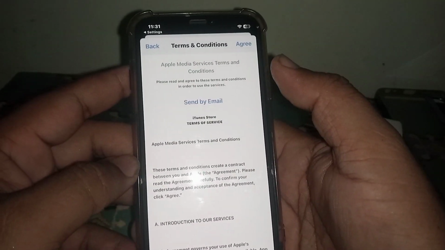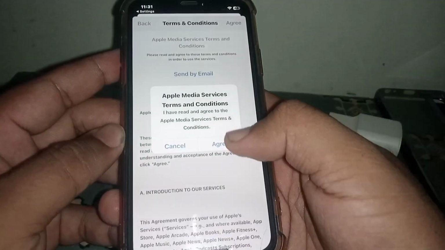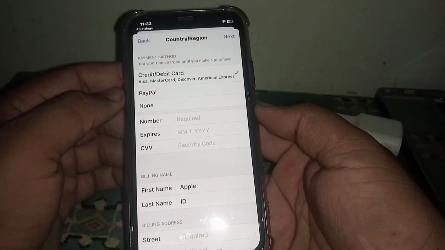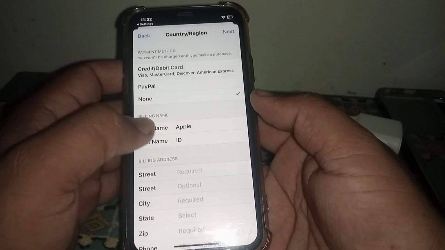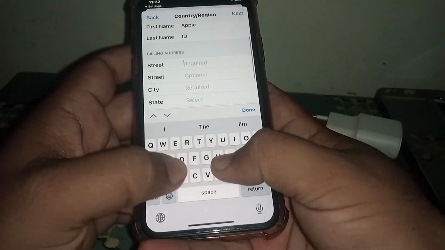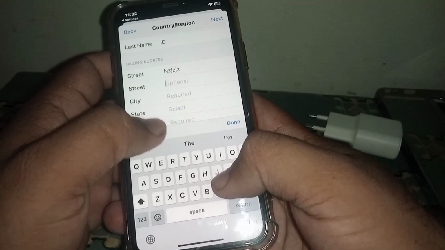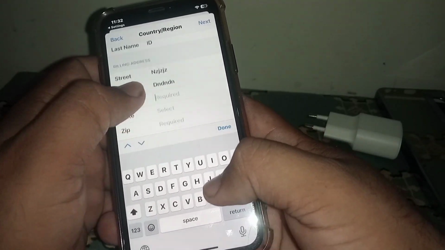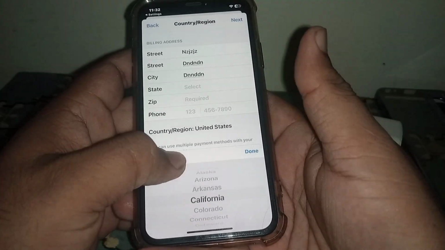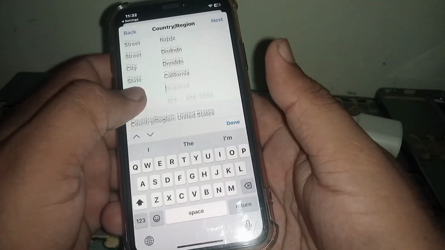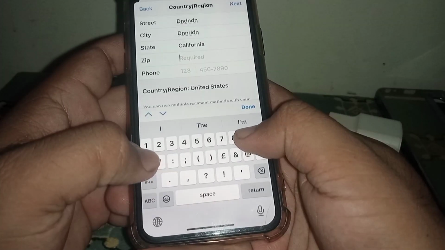Terms and Conditions, read carefully, then click on Agree. From here, as you can see, the payment method, select your payment method and fill in this form, enter your street name, select your city and select your state. I'm selecting California, and after that enter a California zip code